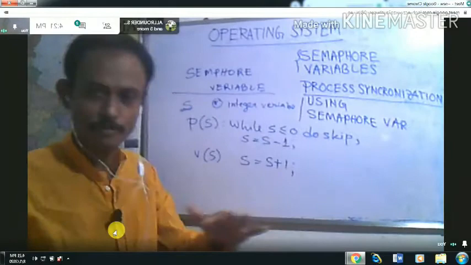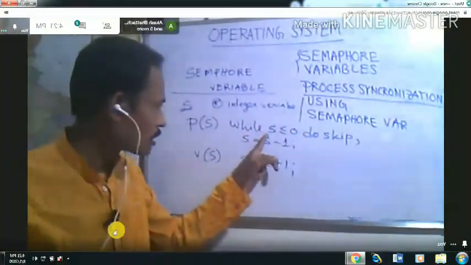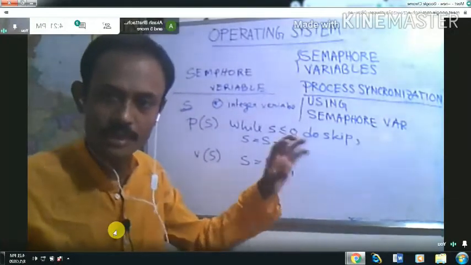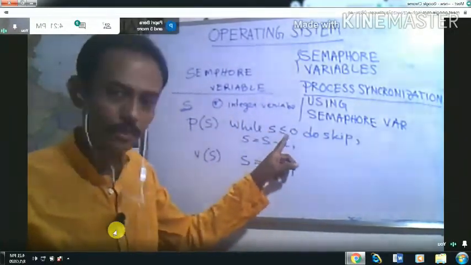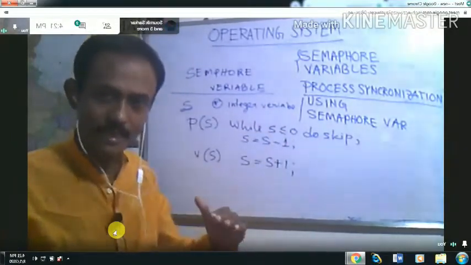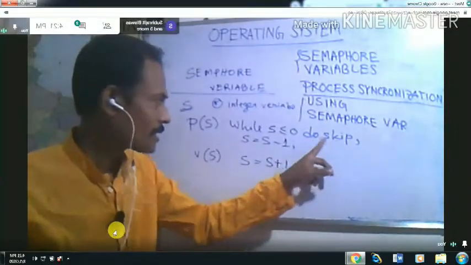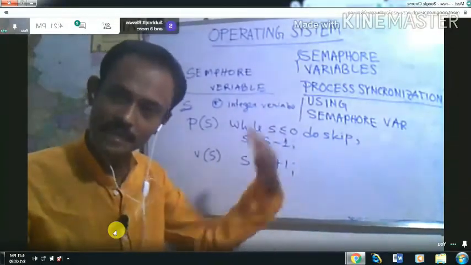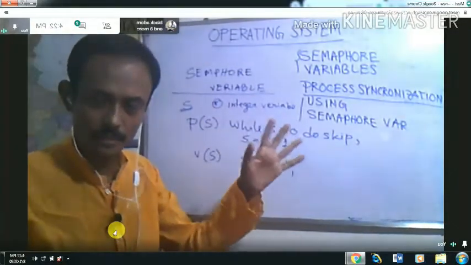If you want to exit, you have to fail this condition. Only the process that fails this condition can exit from the while loop. Otherwise, if the condition is satisfied, you have to repeatedly execute the while loop. Got it? I think this concept is clear from the previous examples.